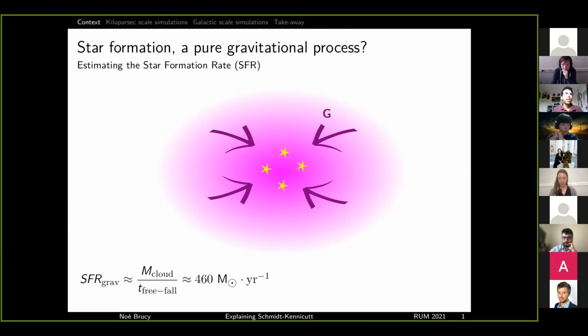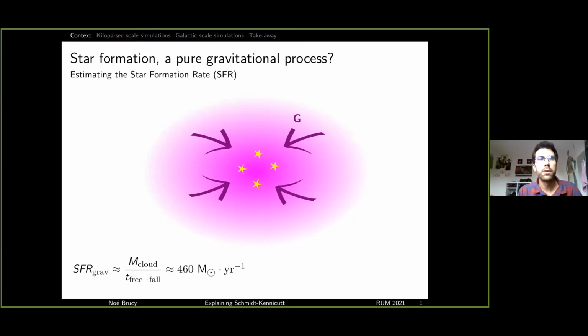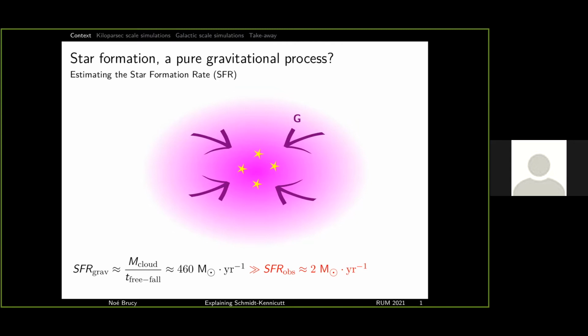And you will end up, if you take parameters for the Milky Way, for example, with a star formation rate, so the amount of star you form by unit of time, of a few hundreds of solar masses per year, which is way above what you can observe in real life. Meaning that there are obviously other processes than gravity that quench star formation, that will act against gravity and stop